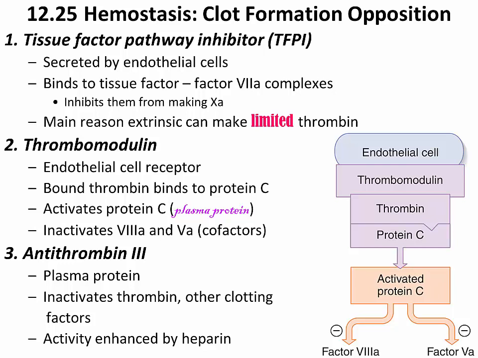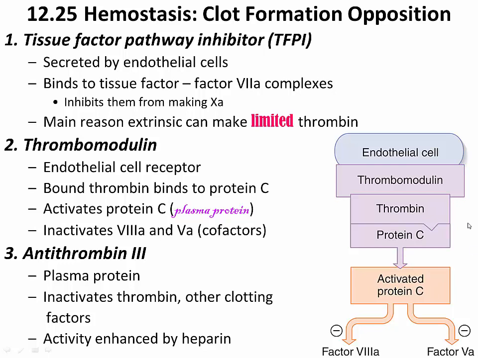We also have thrombomodulin, which is a type of cell receptor found on endothelial cells. Thrombomodulin binds to thrombin, and it's expressed all the time on endothelial cells that are exposed to the plasma. So any thrombin that makes its way away from a blood clot should be bound by thrombomodulin. And then once thrombin is bound, it changes shape and binds to protein C. Once protein C is bound, then interestingly, protein C becomes activated and inactivates factor 8A and factor 5A,